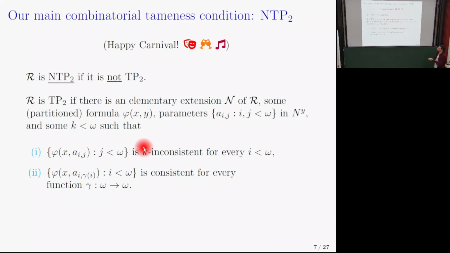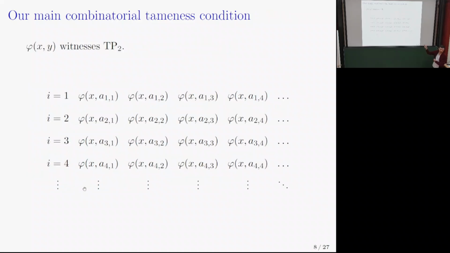But then on the other hand, if we choose one j for every i, then this family of formulas is consistent. I should also say maybe in all the proofs I've worked with NTP2 ever, you can always assume that k is 2-inconsistent. I imagine there are cases where you need a bigger k. So the way to think about this generally is you think about the matrix of formulas, right? And you're saying every row is k-inconsistent, but then every path down where you choose exactly one formula from every row, it has to be consistent. Okay. So with this, I think I can present the main result I want to talk about.